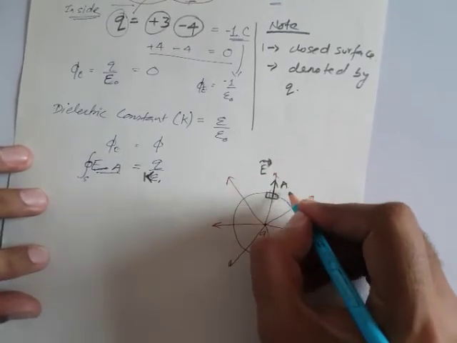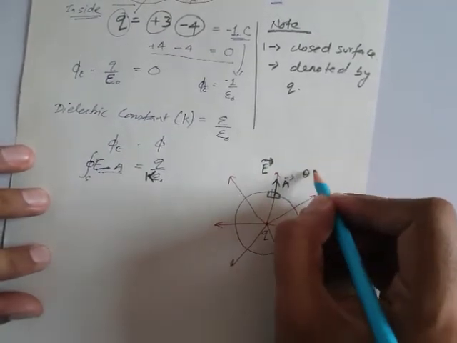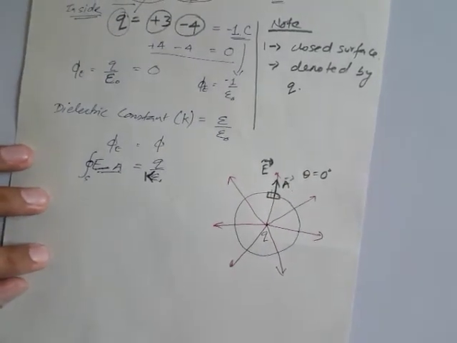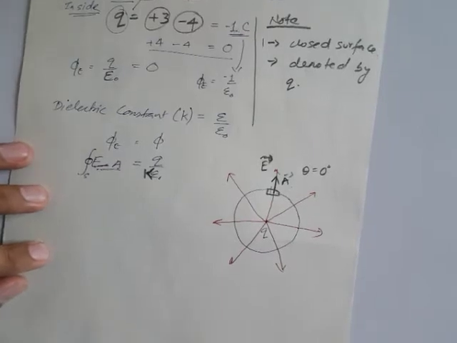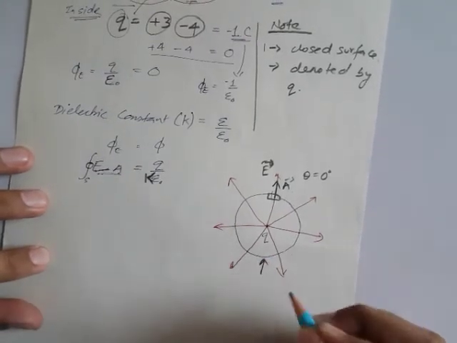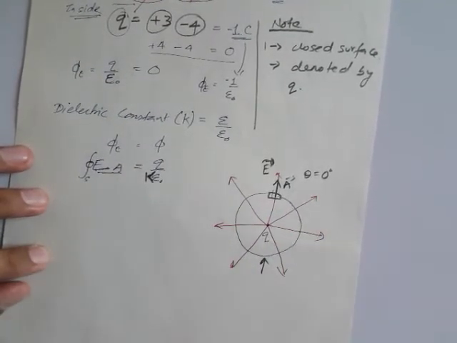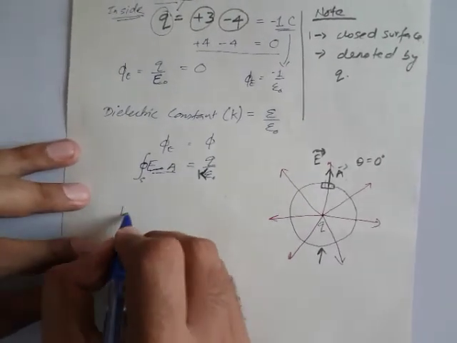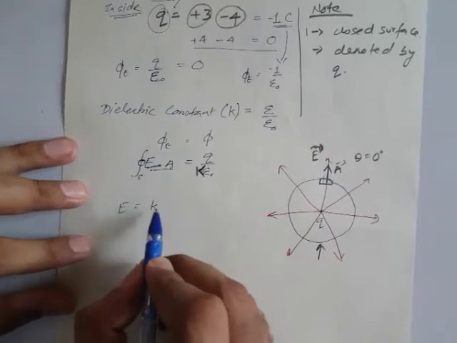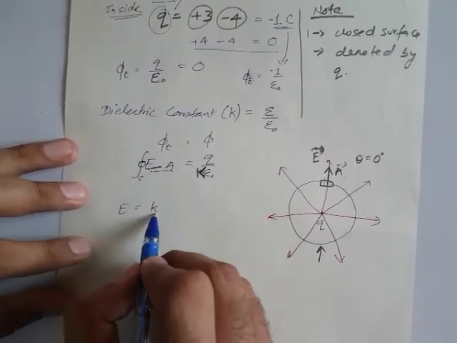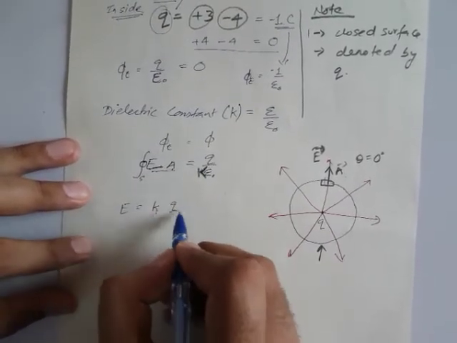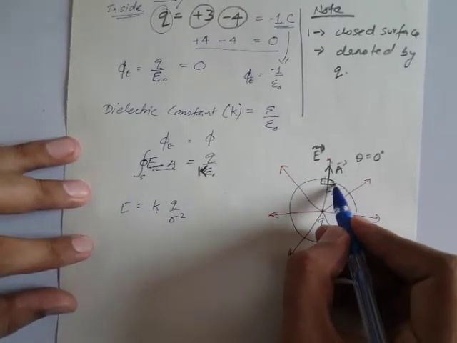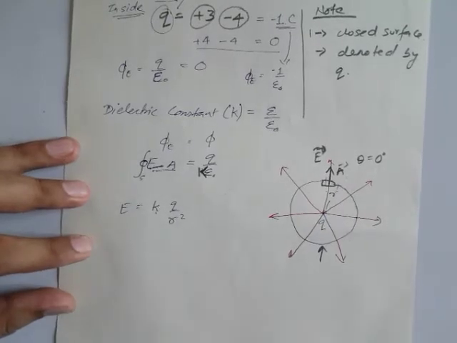Okay, electric field and area, so the theta will be 0. 0 degree means cos is 1. So this is our Gaussian surface, that imaginary surface we considered, or we can take it in a practical way also. So we can write over here the electric field formula, we know small k. It is not the dielectric constant, it is a capital K, it is a small k. E equals k Q upon r square, where r is the distance from the charge to the surface.